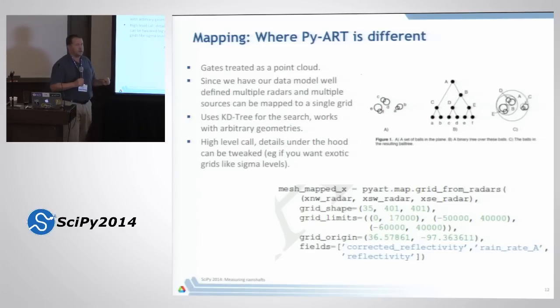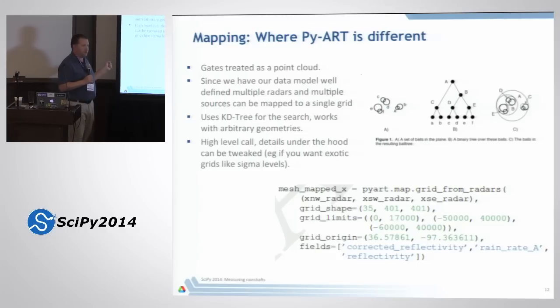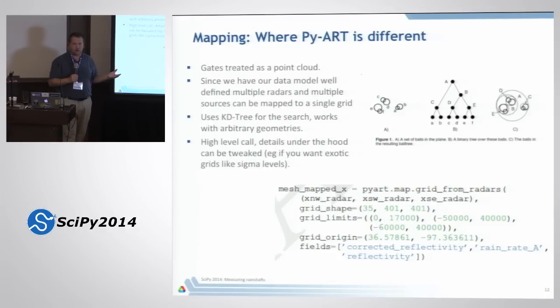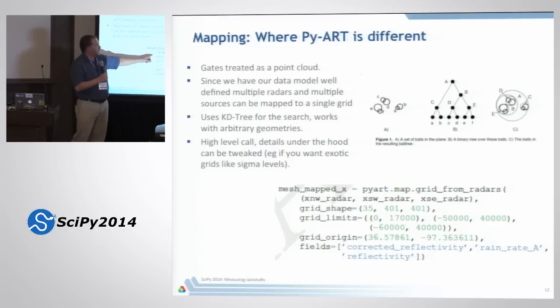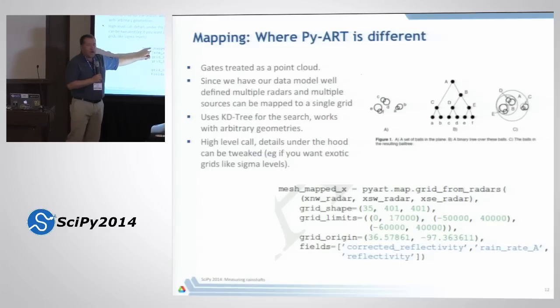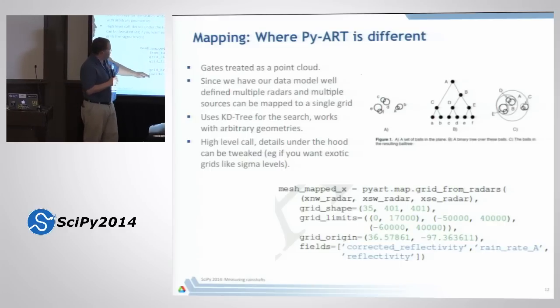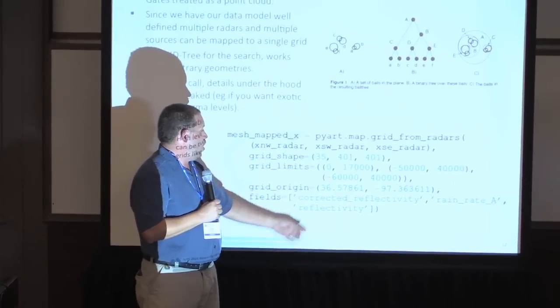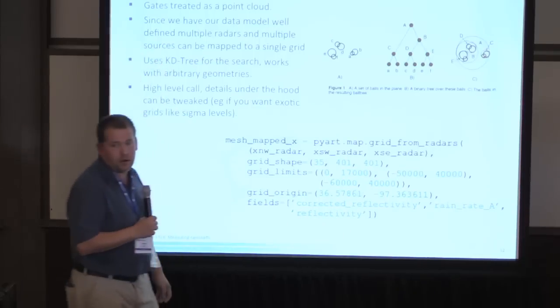Of course, if you did a straight linear search, where we might have 30,000 points in our radar, and we're mapping to 30,000 points in our grid, that very quickly becomes intractable. So, and I know someone else mentioned they used it before, but we use KD trees to do our search, which makes the search order log n rather than n squared. And this very simply is our mapping algorithm here. Invocation of it here, just simply the grid shape, grid ranges here, what I want to grid, and what I want to use as my grid origin.